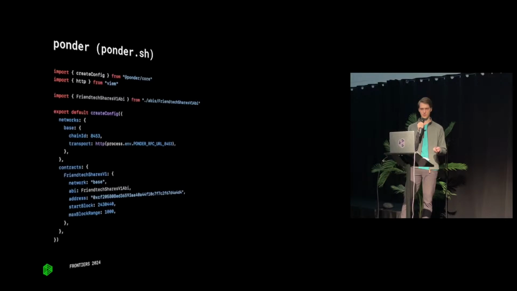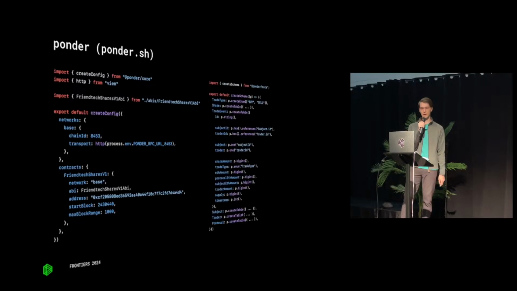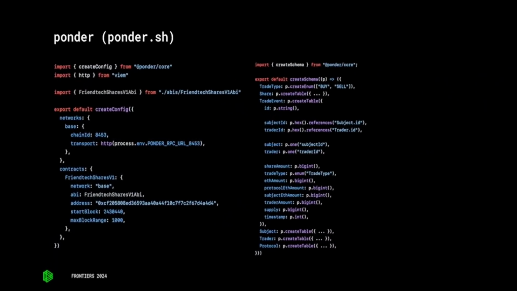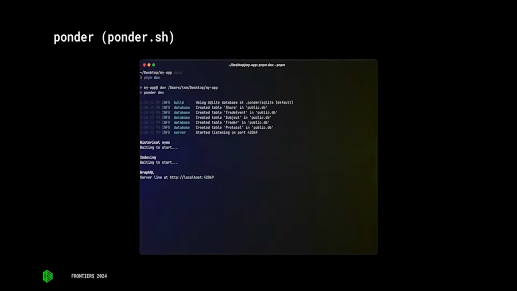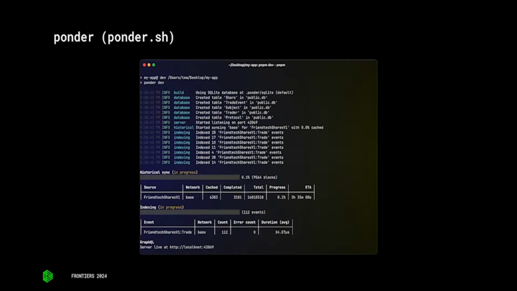Really what you do is you set up your config file, and what you want to list here is any networks or contracts you're using. And you can create a schema for it. These are like tables, which either Postgres or SQLite, whatever, the data will be getting saved into for you to query later. And maybe not as fast as a Rust CLI, but it's pretty fast.